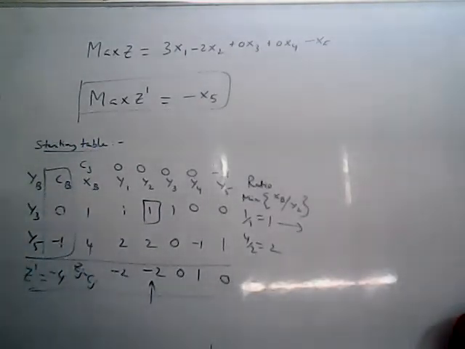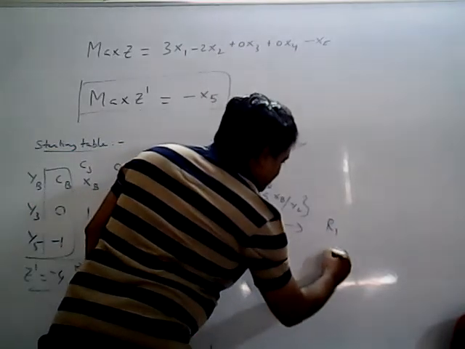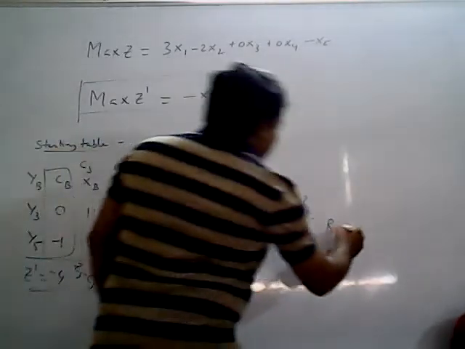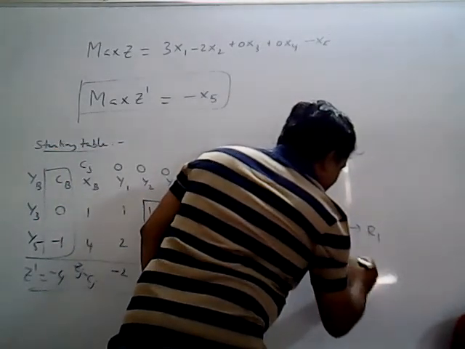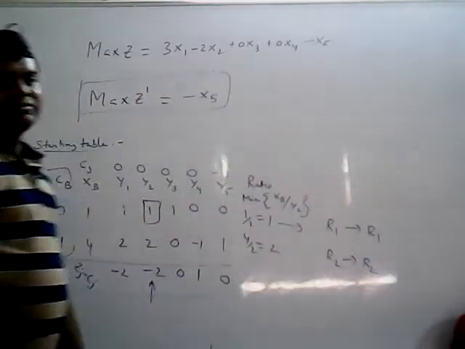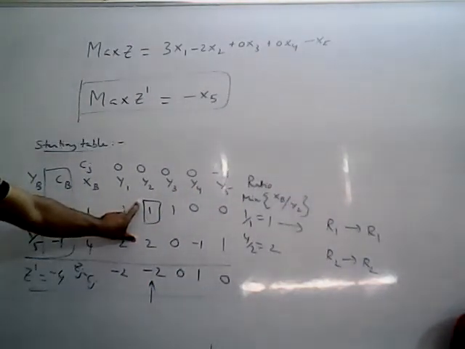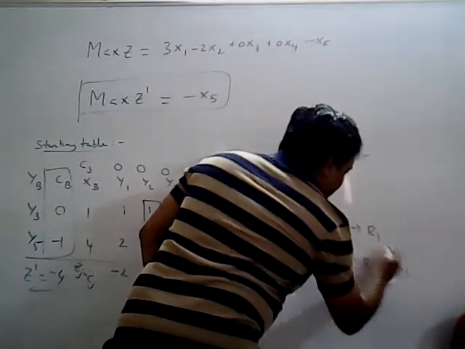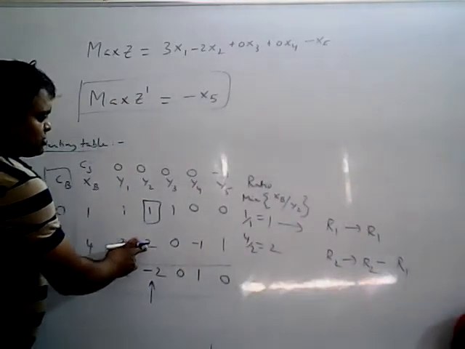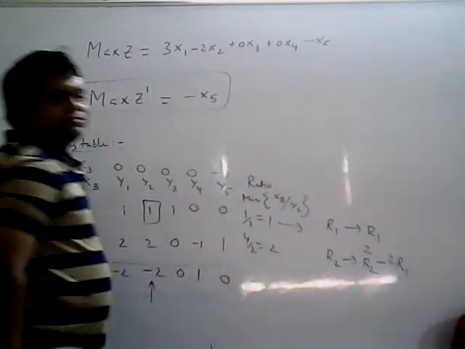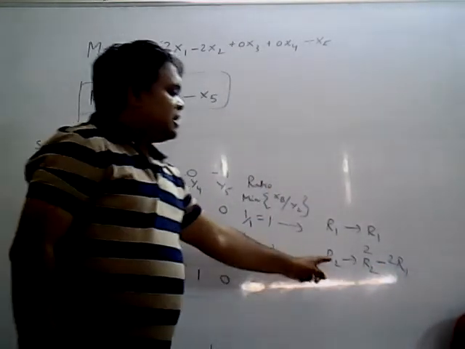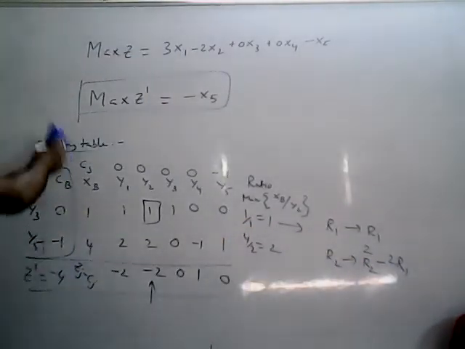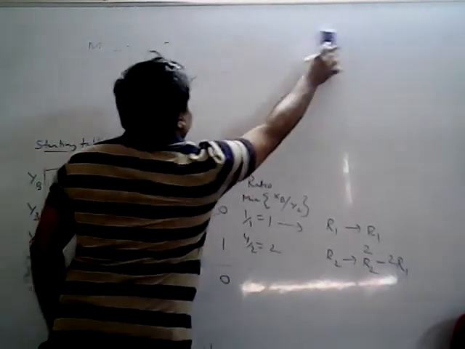Now write the row operations. What are the operations? We have R1, R2. First make the key element 1. R1 is 1, so R1 stays as it is. R2 plus the key element is in the first row, so the second row will be as it is. Same signs, put minus. Opposite signs, put plus. Next, the key element row operation should be copied, that is R1. Now go for the R2 element, which is 2. That should be multiplied. So the operation is R2 becomes R2 minus 2R1, and R1 becomes R1. For drawing the second table, those are the operations you have to perform.